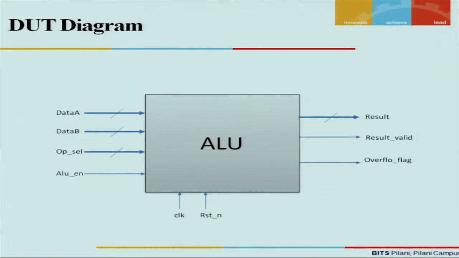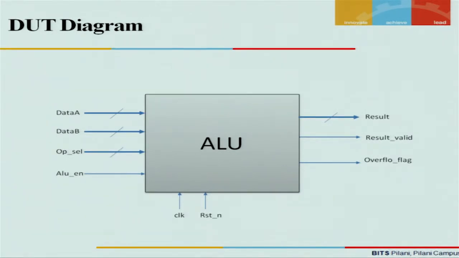The DUT will sample the inputs at the passage of clock, and it will give the outputs at the next passage of clock. Reset N is an active low wire, which is an asynchronous reset. At any point during the simulation, if reset N is activated, because it is active low, that means if it is asserted, if it is given a value of 0, the DUT will stop performing all the operations immediately and will start looking at the next data as and when the reset gets deactivated.